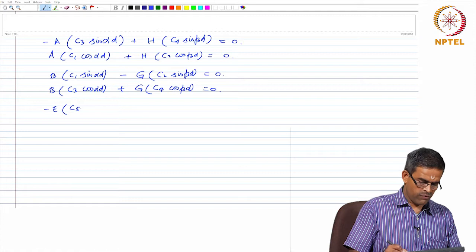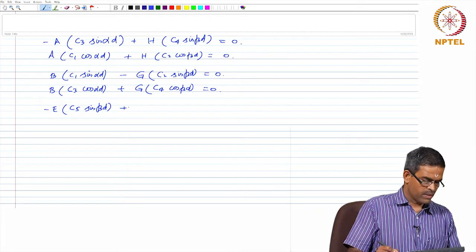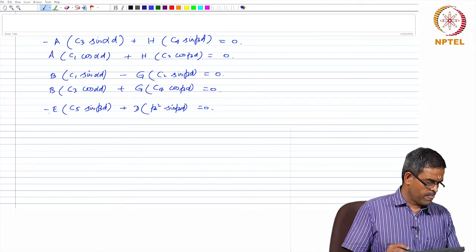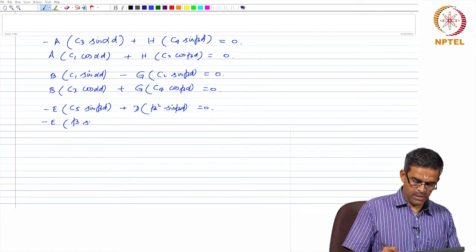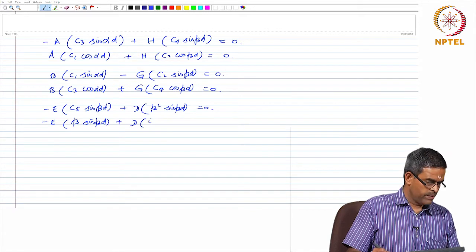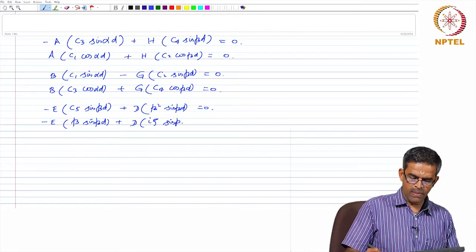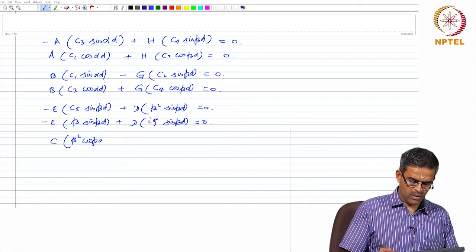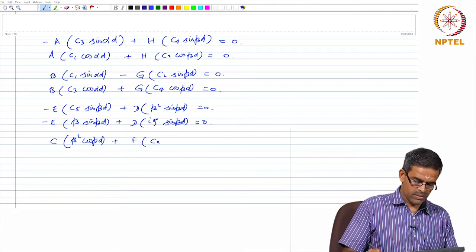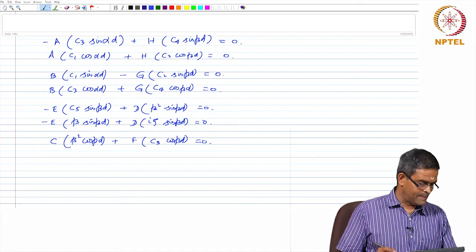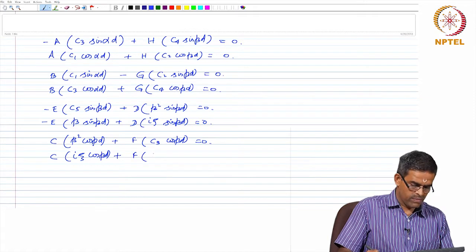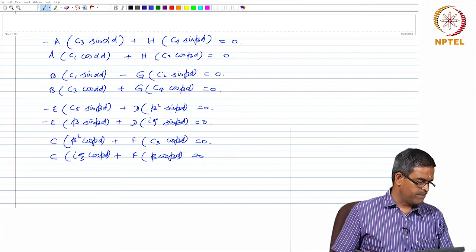Minus E C5 sin beta d plus D beta square sin beta d is 0, minus E beta sin beta d plus D i psi sin beta d is 0, C beta square cos beta d plus F C phi cos beta d is 0, and C i psi cos beta d plus F beta cos beta d is 0,